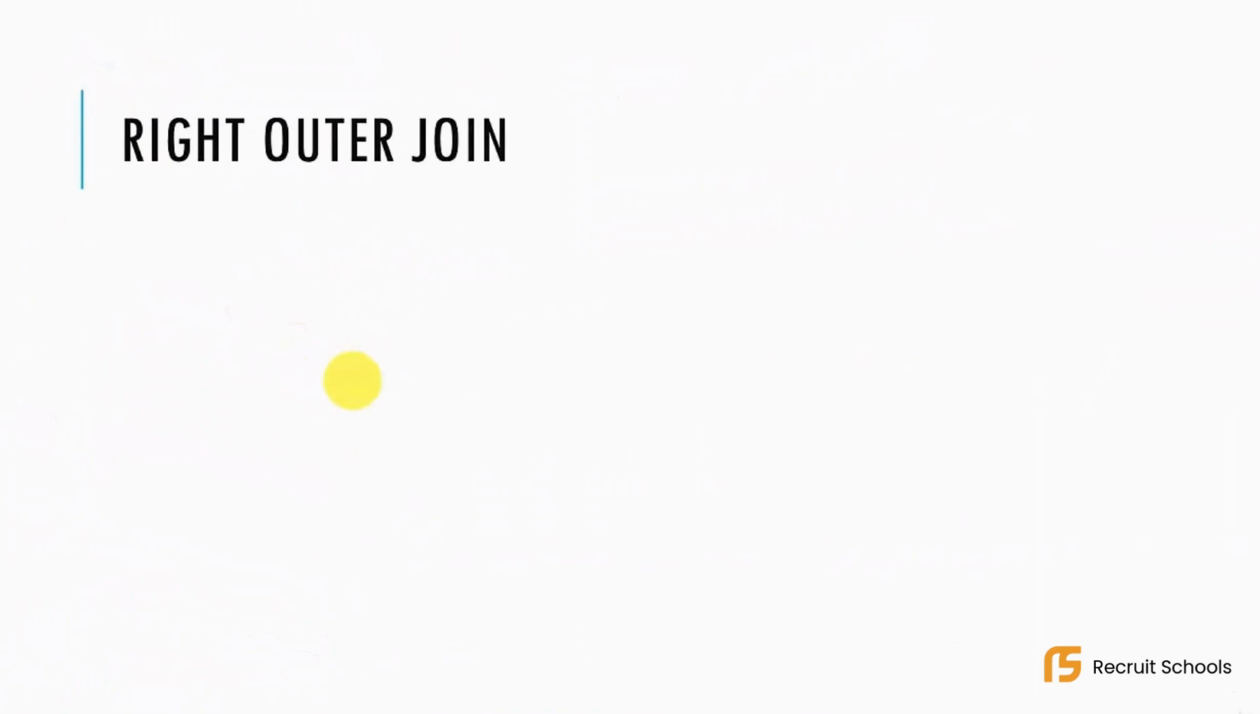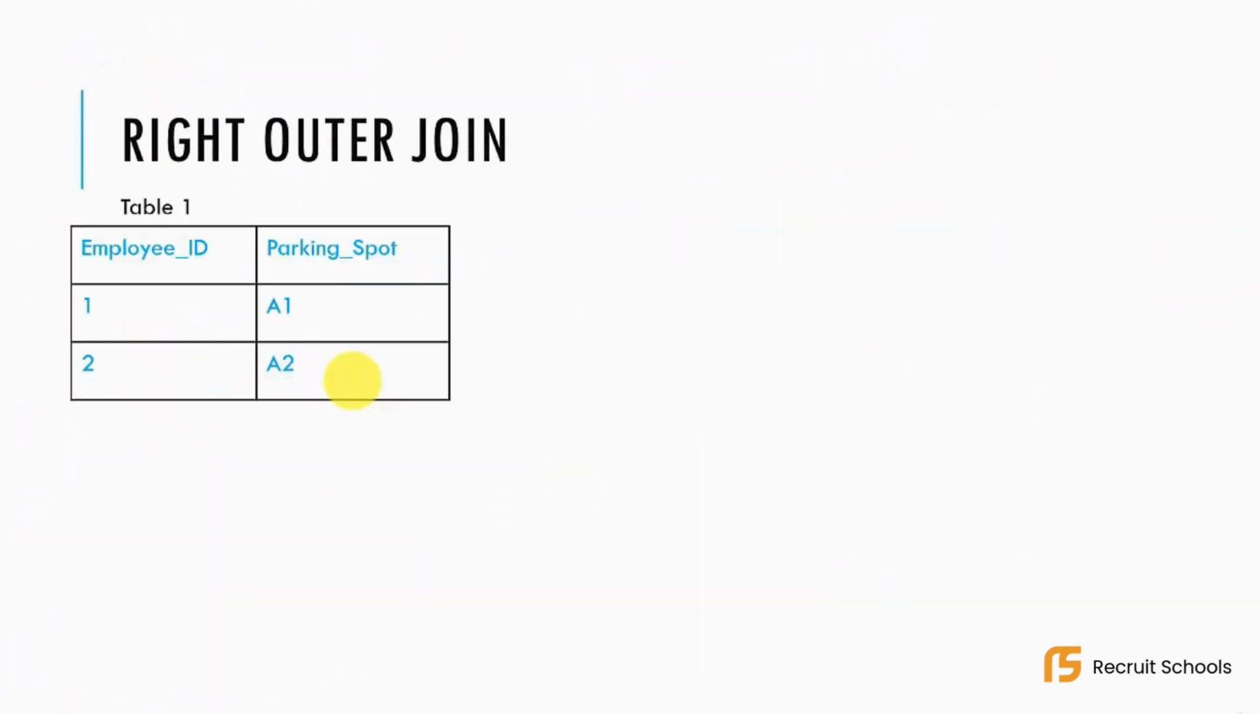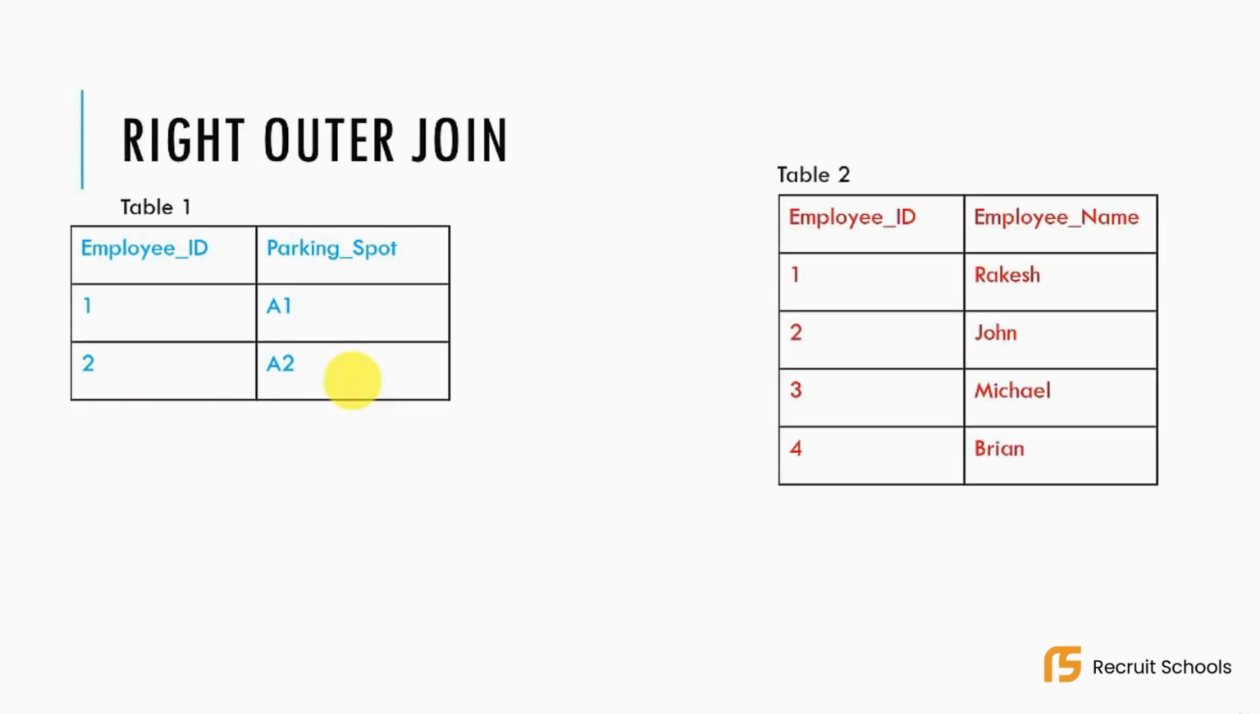Right outer join, it's exactly the opposite. So let's take another example. Table 1, 2 rows, 2 columns, employee ID and parking spots, right? Then you have table 2, which stores employee ID and employee names. Now, how would you join these two tables? Employee ID is the common column which will help us join these two tables. But if you look at the right hand side table, it has 2 extra rows for employee ID 3 and employee ID 4, right? Now, if I right outer join,